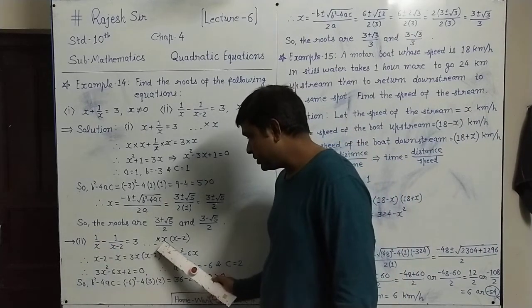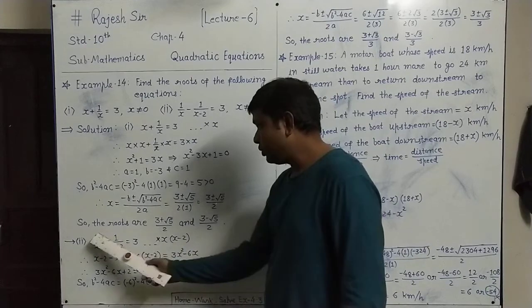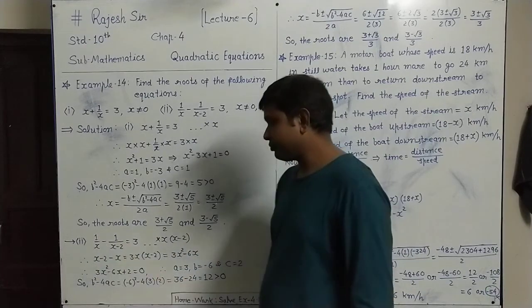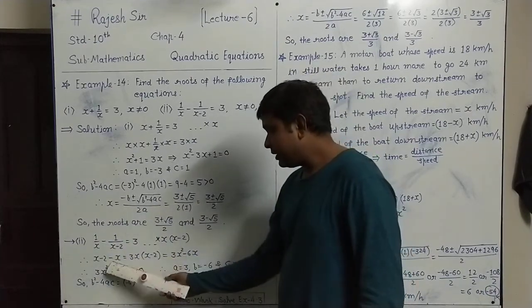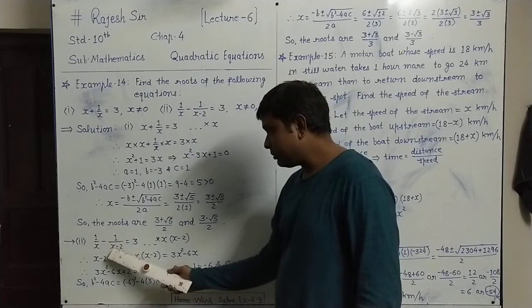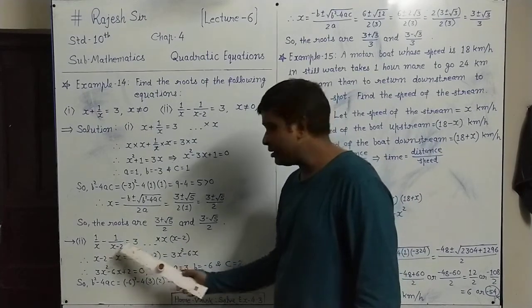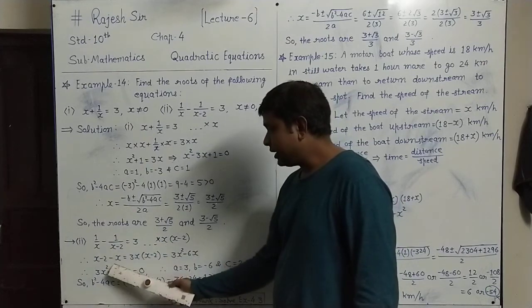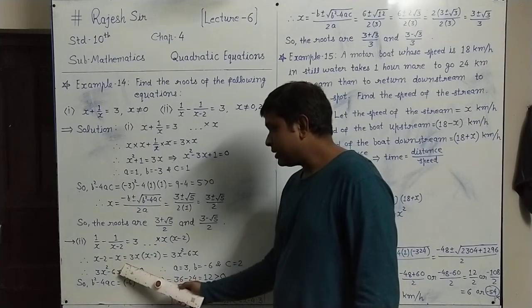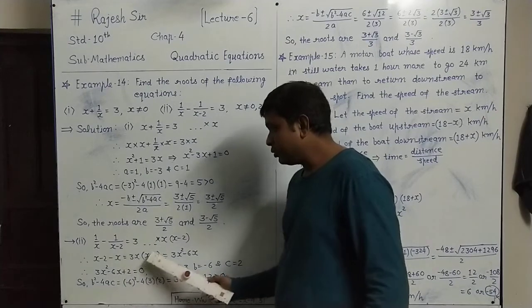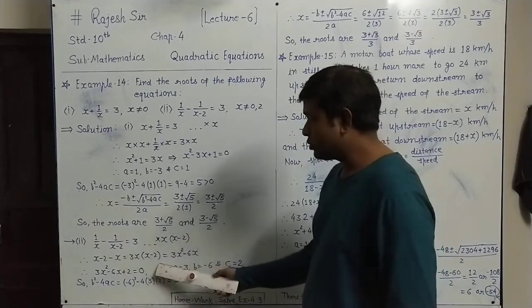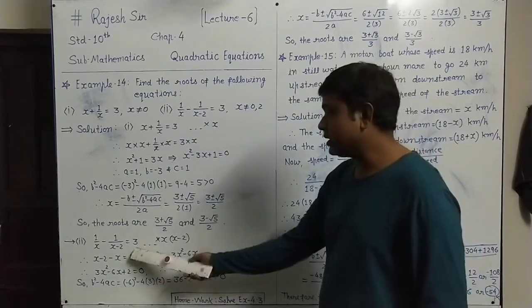1x will be cancelled with this. x minus 2 into 1 will give x minus 2. With the minus sign, down there 1 upon x minus 2, when you multiply x into x minus 2, x minus 2 up and down cancel. x into 1 will give x as it is. And in this, 3 into the whole thing, x into x minus 2 we have shown, because nothing is there down to cancel.